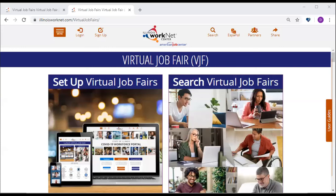What does the actual fair look like? Is it just Zoom chat where employers talk about their openings? Is it interactive? How do job seekers interact with employers in those spaces? So yes, the job fairs themselves will be like a Zoom call where employers will share information about their organization,